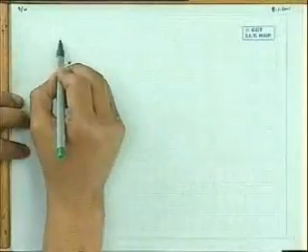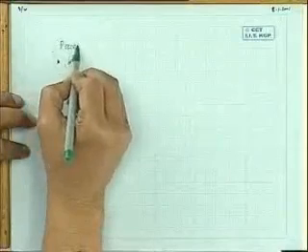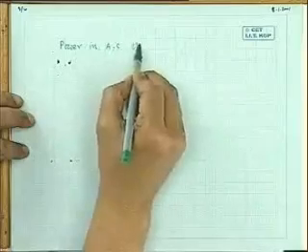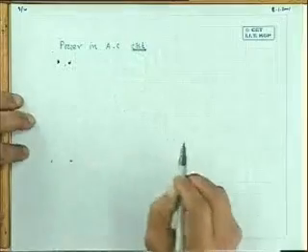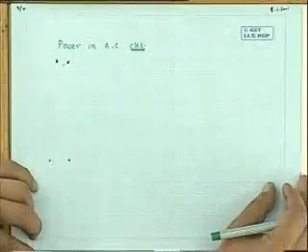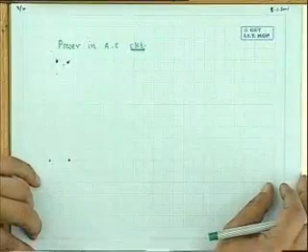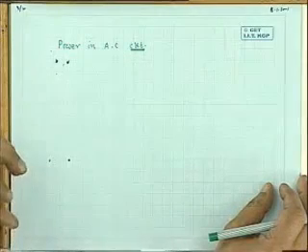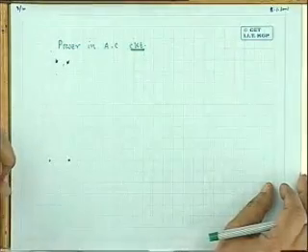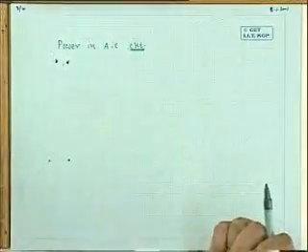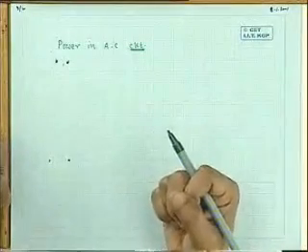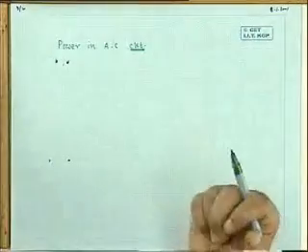Now, with that in mind, let us come to the power in an AC circuit. Very quickly I will go. Power in AC circuit. While dealing with power in AC circuit, the problem is that sometimes power will be drawn from the supply and sometimes power will be given back to the supply. So, what we calculate is the average power drawn from the supply,